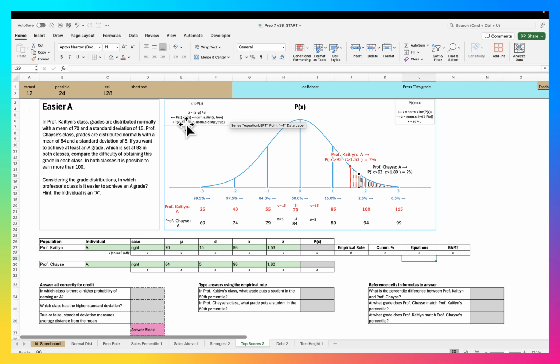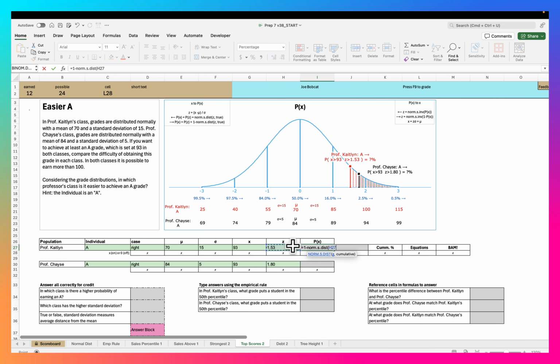We need this one, probability looking right, 1 minus norm.s.dist. Oh, need an equal sign. Same here, equals 1 minus